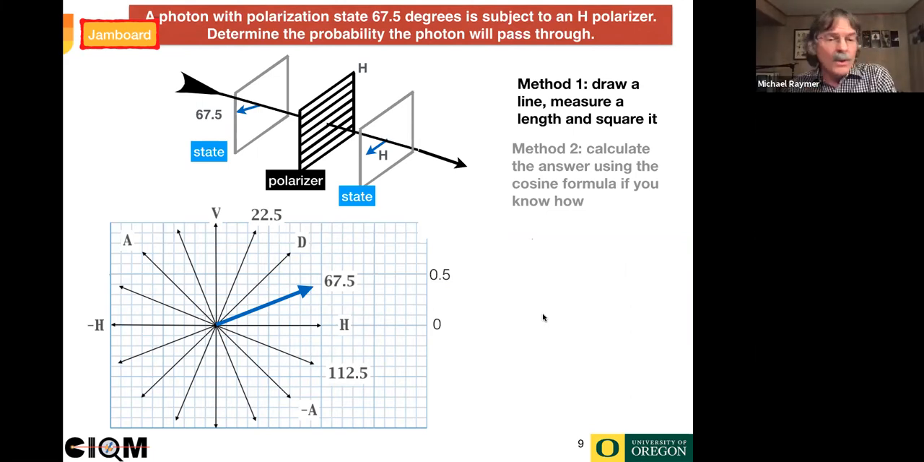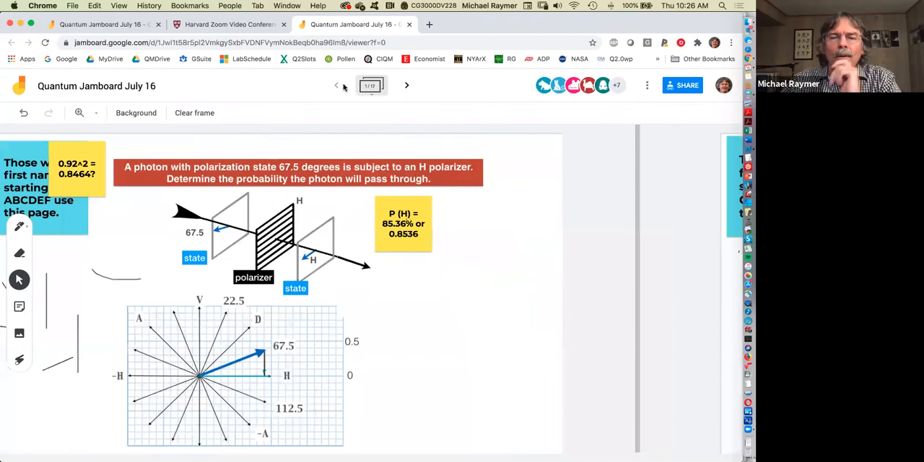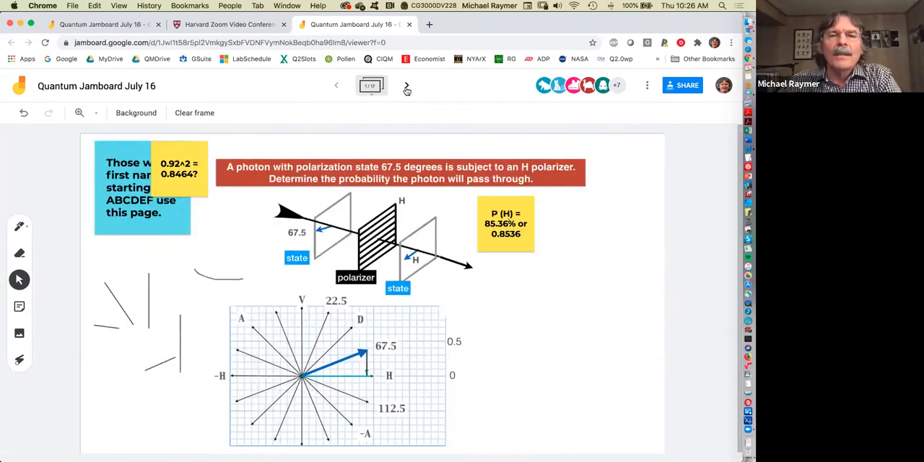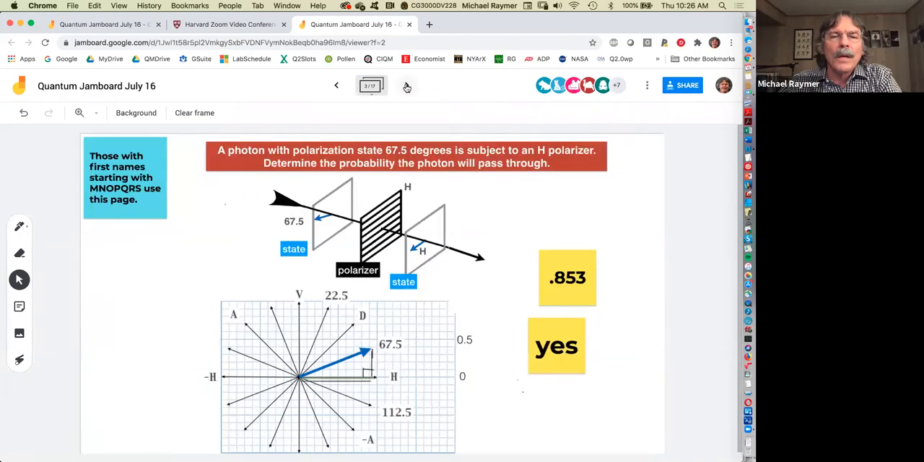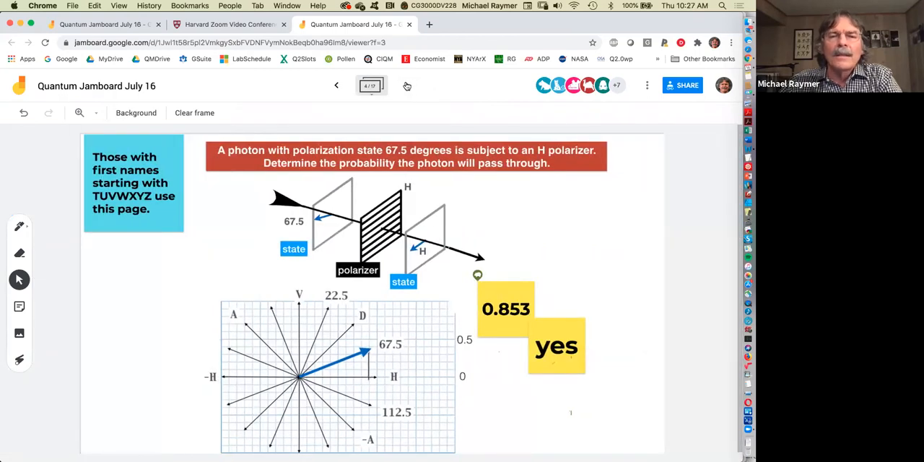There are two ways to solve these problems. One is to draw a picture, draw the lines on the Jamboard, and then measure the length just by counting the fractions of boxes and squaring it. The other is to use the cosine squared of the angle. So if you're a little more advanced on the math and you understand the box counting method already, then go ahead and work on the trigonometry solution. Cool, okay. There are correct answers on every page, that's fantastic. So let's go now to the next question,